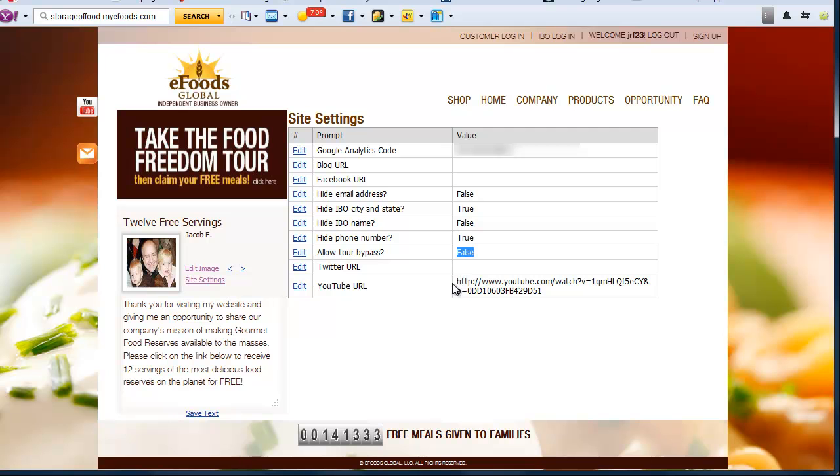So then you can put your Twitter and you can put your YouTube URL into there. The most important thing I think on this page is to sign up with Google Analytics and then to put your code in here. This will allow you to track where visitors are coming from, how they're getting to your site, how long they're staying on your site, and